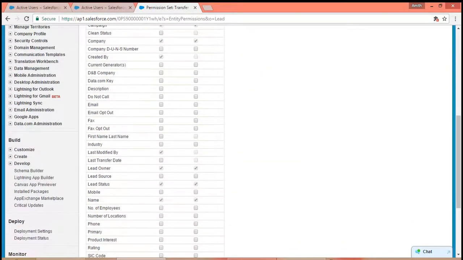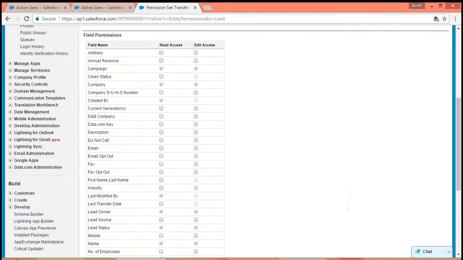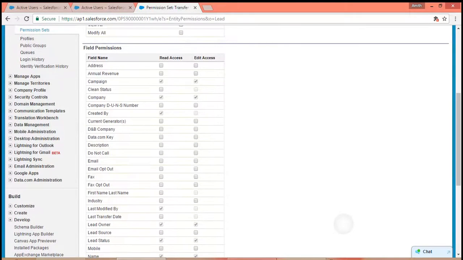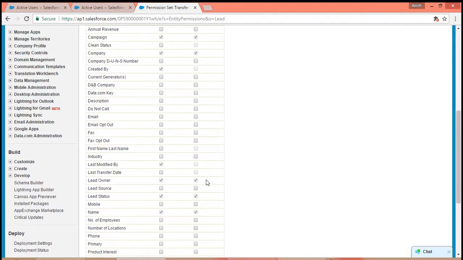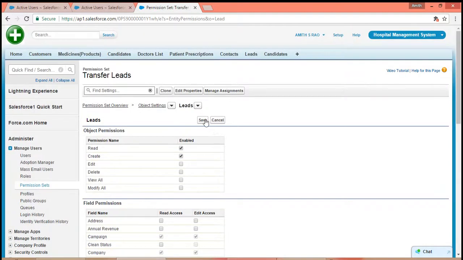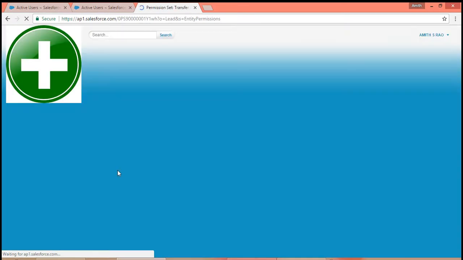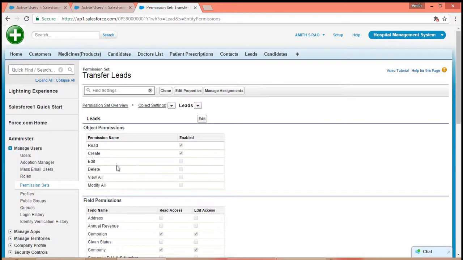Whereas the field permissions is as always. Lead owner you have given as enabled. Lead owner is read access and edit access. Now save. Now since you do not have edit and delete options, I am adding the manage assignments to the particular user,